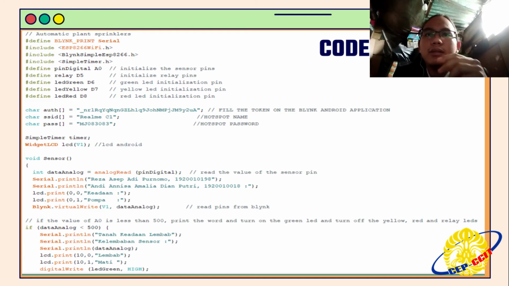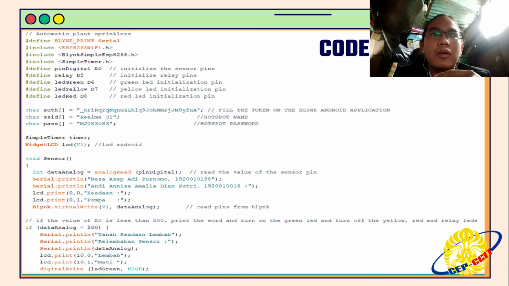And next is the coding. The define part is the declaration to connect with the destination part, such as serial print. Blynk with the Blynk application will include a connection with the library. Then char auth, SSID, and Wi-Fi pass connect with Wi-Fi and the Blynk application.